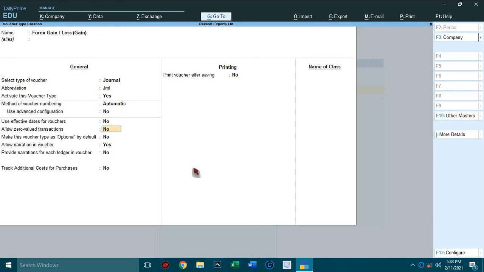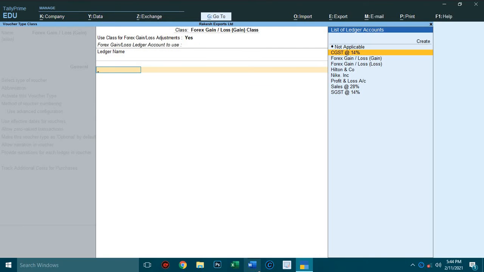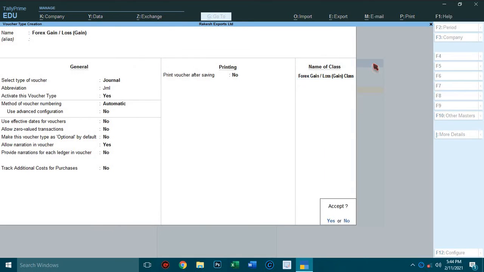Come to the name of class. Type here forex gain or loss (gain) class. Use class for forex gain or loss adjustment, set to yes. Ledger name, select the forex gain or loss gain ledger. Accept.